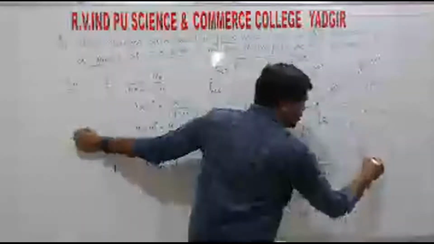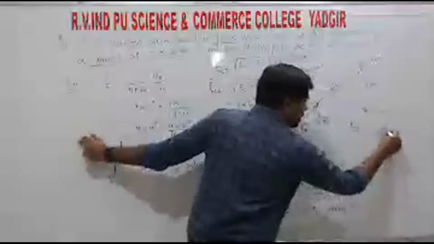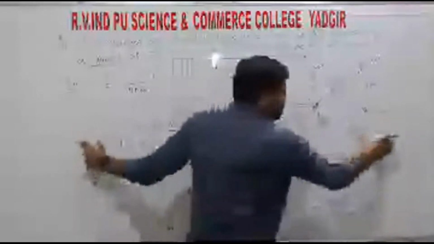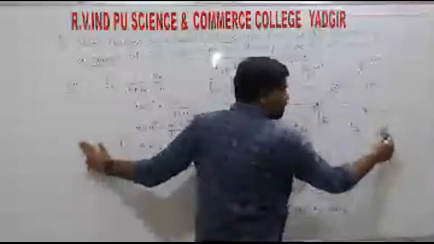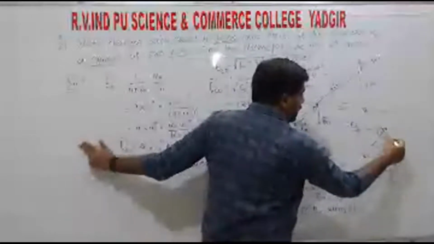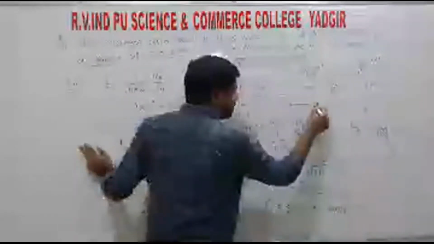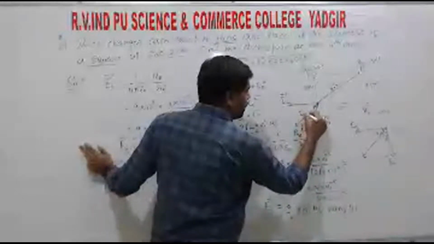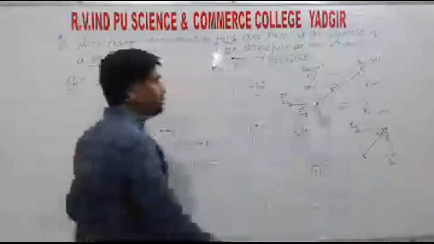For the direction, if we complete this parallelogram, the diagonal gives the resultant. This is in the form of a square, so the diagonal is at 45 degrees. That means here we get the resultant electric field, that is ECD, right? So next,